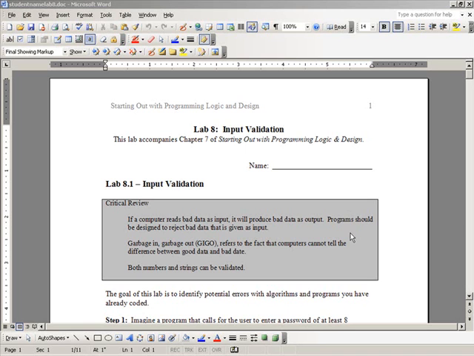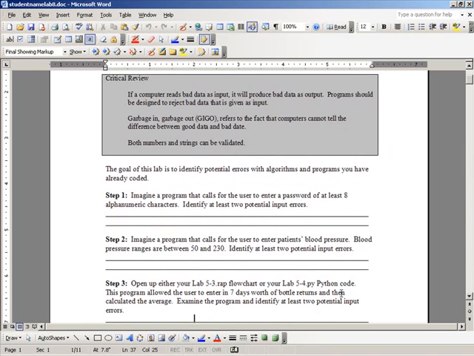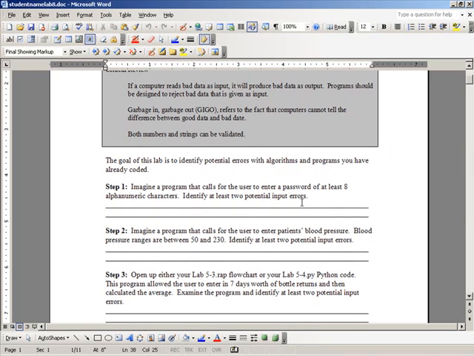you through lab 8-1 input validation. Now in this lab, what you're going to do is to use a lot of other programs coded to think about potential problems, which you've probably thought about already. In this particular lab 8-1, you're just going to imagine different scenarios and think of different ways to do input validation or error code. So for example,